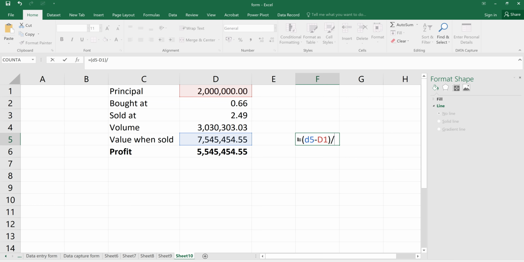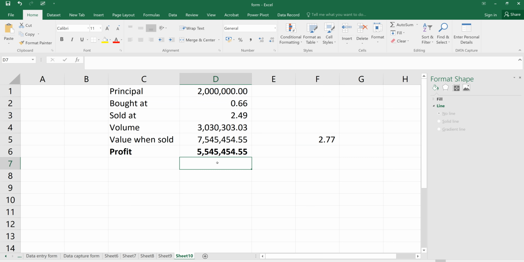Divide this by what again? By whatever I'm subtracting, right? Divide this by D5, not by D5, I beg. This is not divided by D5, this is divided by D1. Yeah. So now, for the percentage, this is now equals to